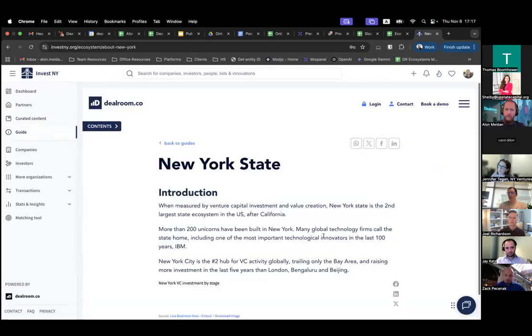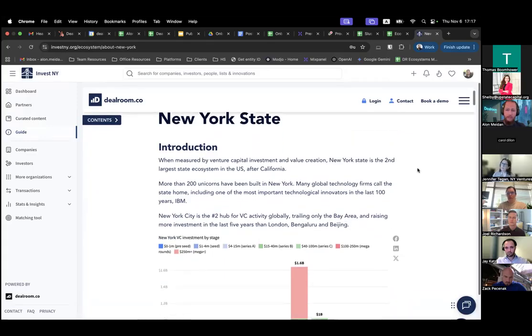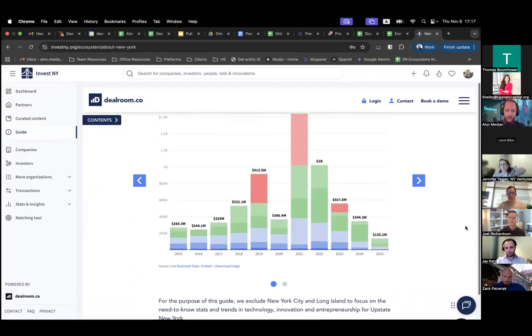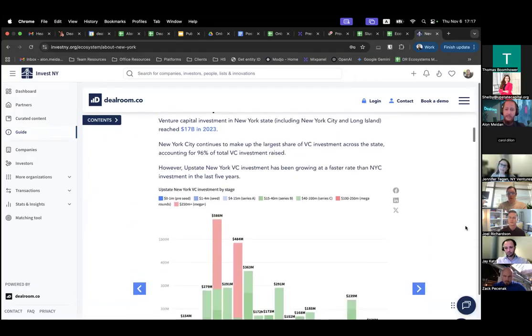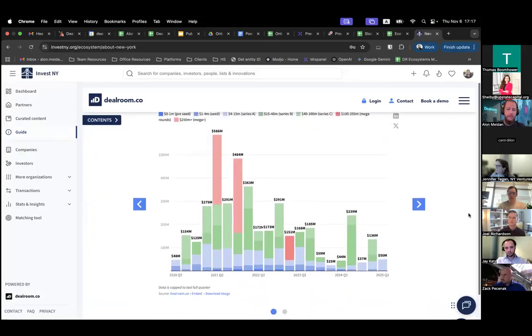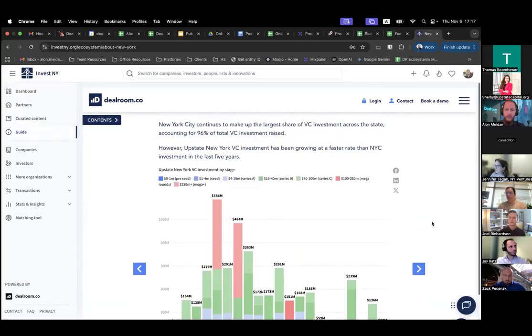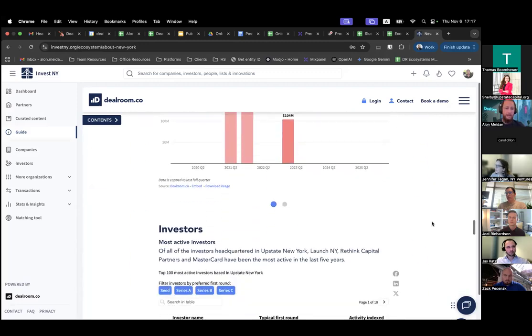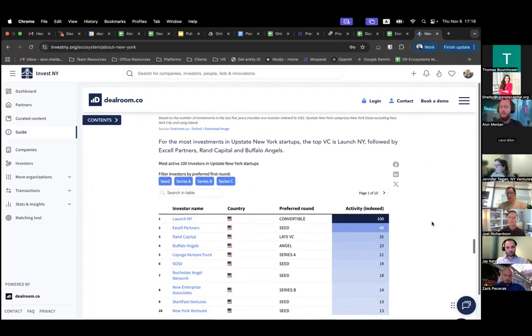Another thing that we have on the New York State ecosystem, which we don't have on many, is a guide for the region. And again, this guide was written by our research team. It includes a lot of these charts as well, which of course update according to their own cadence, so either yearly, quarterly, etc. And you can really flip through and basically see what has been going on in the ecosystem.